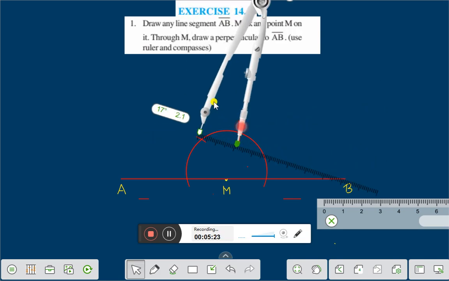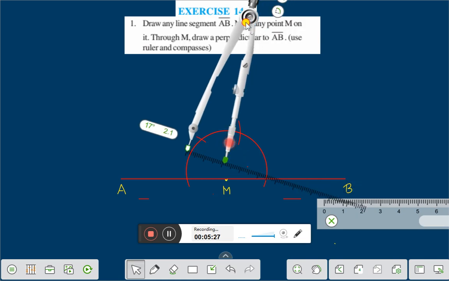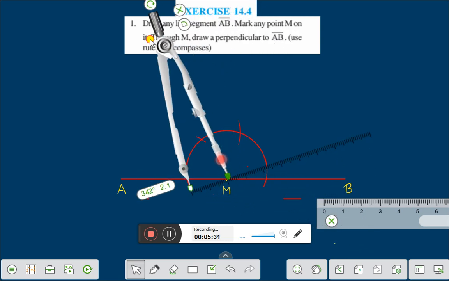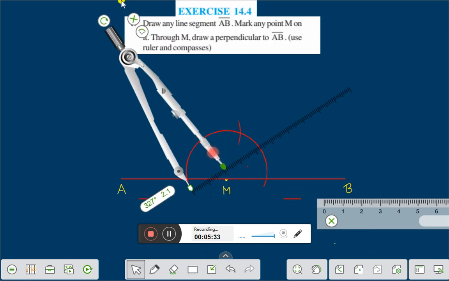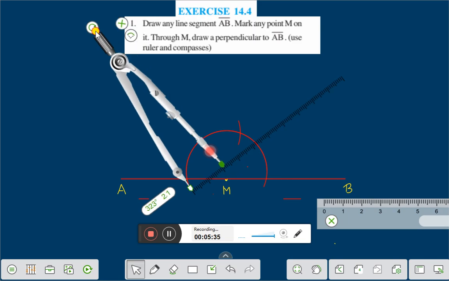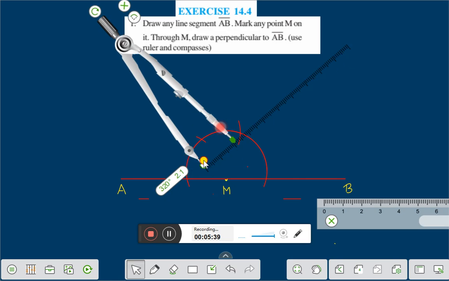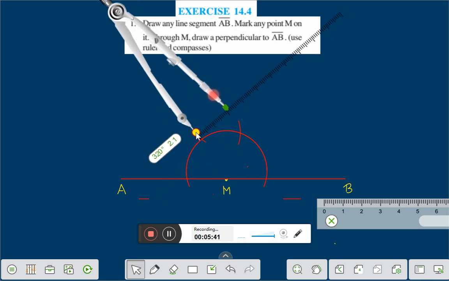Right? Now from this point you will take another arc, from this point, right? Take another arc here,